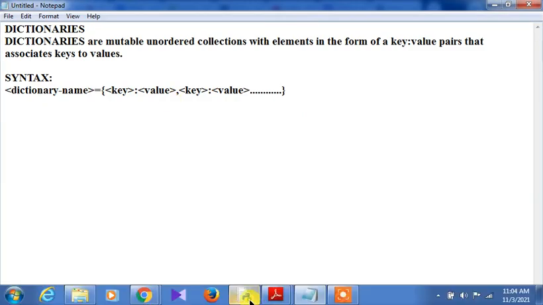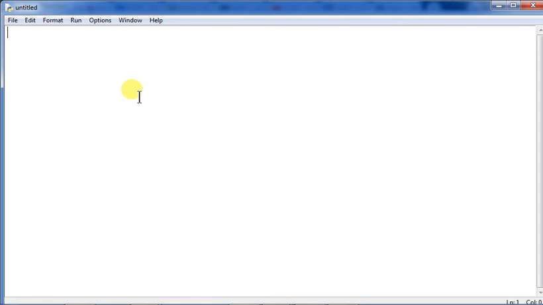Let us see how these things can be done. Creating a dictionary out here. Dictionary to read roll numbers and marks of 4 students. Okay, marks of how many students? 4 students. This is just the remark I have given.